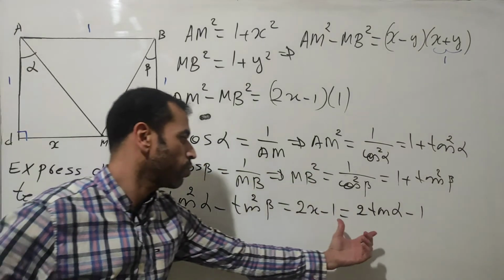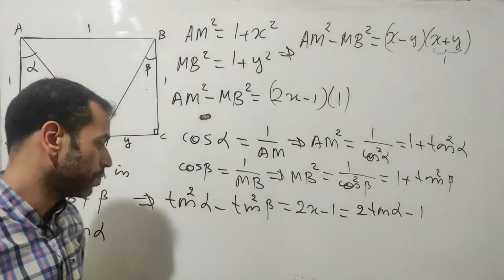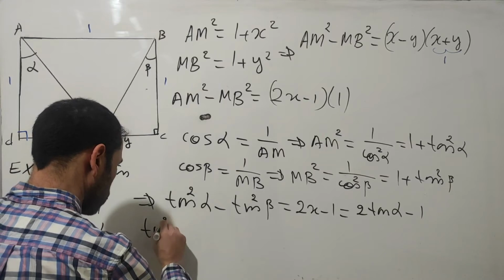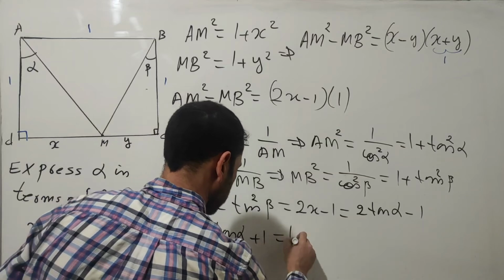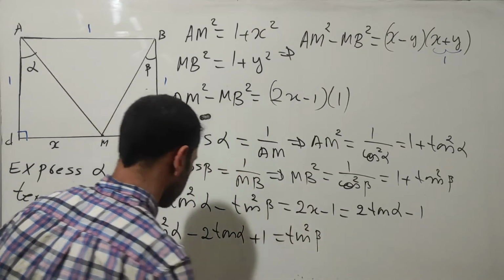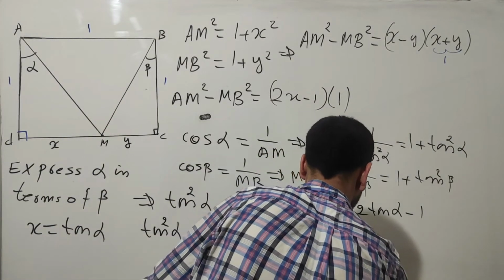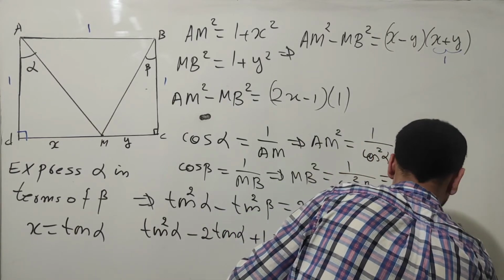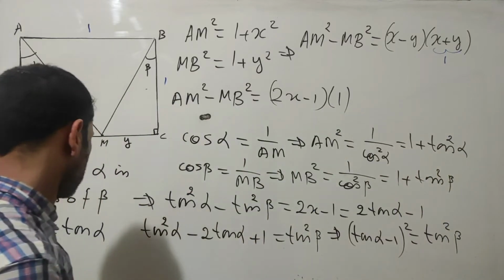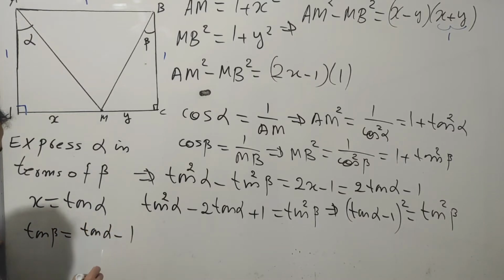I move these two terms to the left and move tangent squared beta to the right. So I get tangent squared alpha minus 2 times tangent alpha plus 1, which equals tangent squared beta. This is a perfect square, which means I get (tangent alpha minus 1) squared equals tangent squared beta. I take the square root on both sides and get tangent beta equals tangent alpha minus 1,